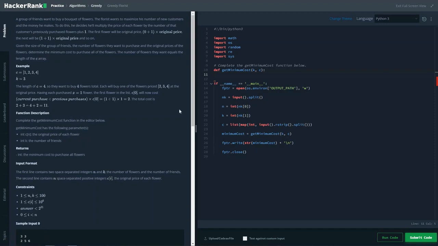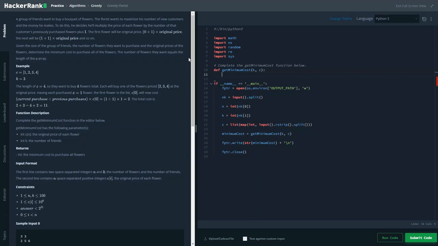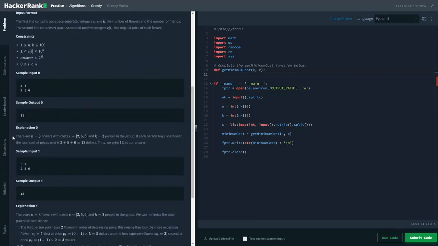This is a medium level kind of problem, but I think the only reason it is medium level is because the problem statement is not clearly defined. If you look at the examples, you have to read through the problem statement, I guess, 2 or 3 times to understand the gist of it. Let's take some example input cases.